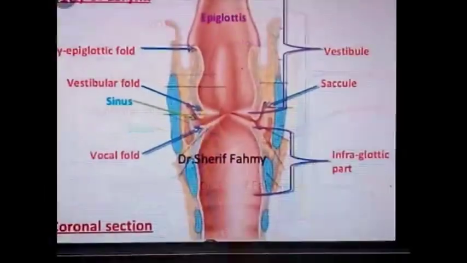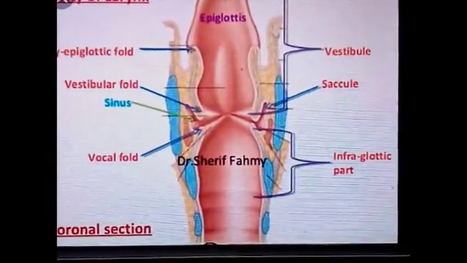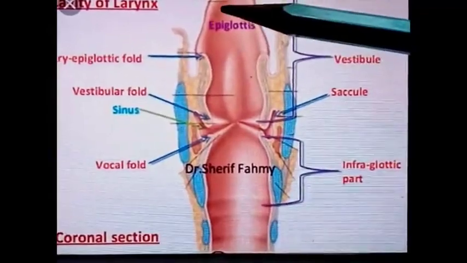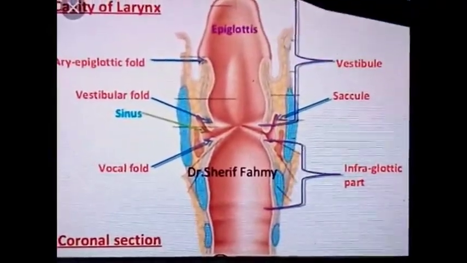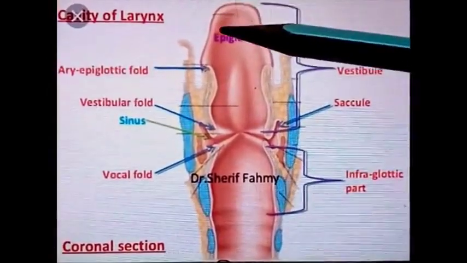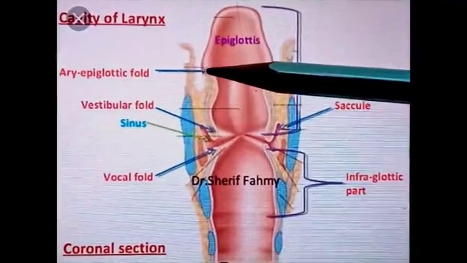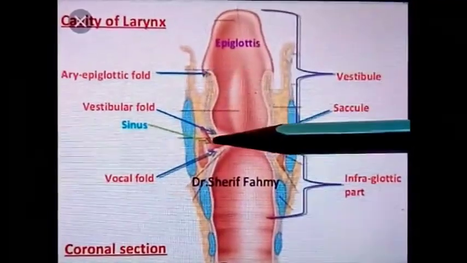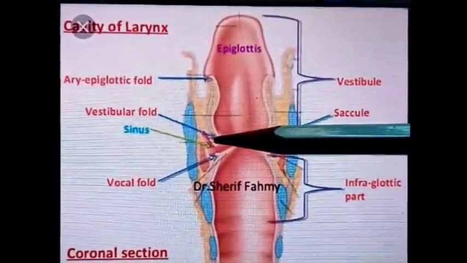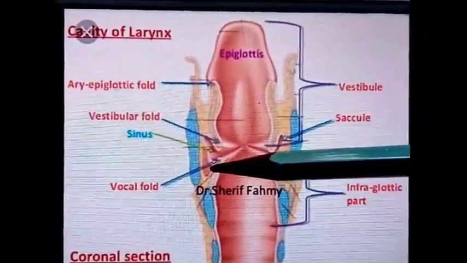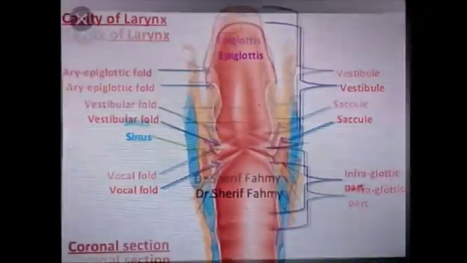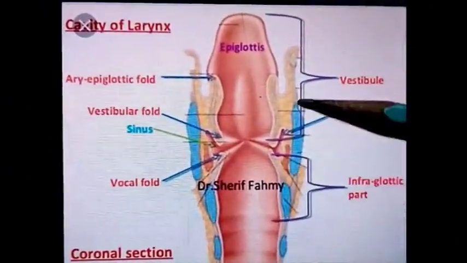Mucous membrane of larynx, anterior surface of epiglottis. In this diagram we see the posterior aspect of the epiglottis, and on the other side lies the anterior surface of the epiglottis. So the whole of the anterior surface, the upper part of the posterior surface, the upper part of the aryepiglottic fold which extends from the epiglottis to the arytenoid cartilage, and the vocal fold are lined by stratified squamous type of epithelium, and the rest of the parts are lined by ciliated columnar type of epithelium.